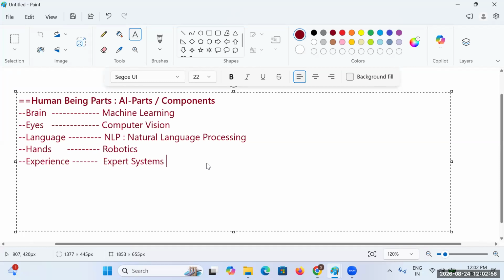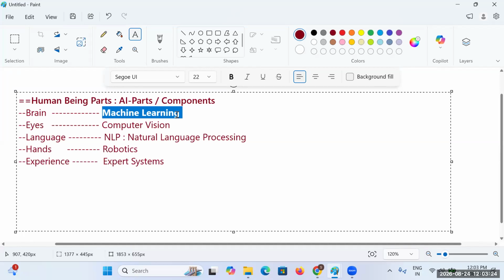Okay, done. Now see the whole concept, guys. Whenever you are working with AI, think of how the brain works in a human body: it can remember things and give instructions to the whole body. In the same way, see the name itself, it clearly says machine learning.